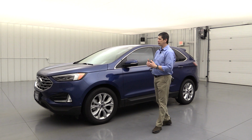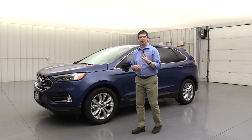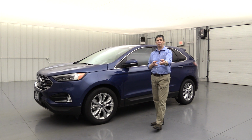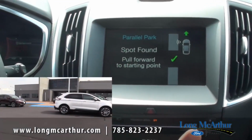So great having that, so as you're pulling in, not only are you getting alerted, you can also see in front of you as you're pulling into parking spaces. Also, you're going to get the enhanced active park assist. The Edge is one of the first vehicles to get this technology several years ago, and I recorded a video,